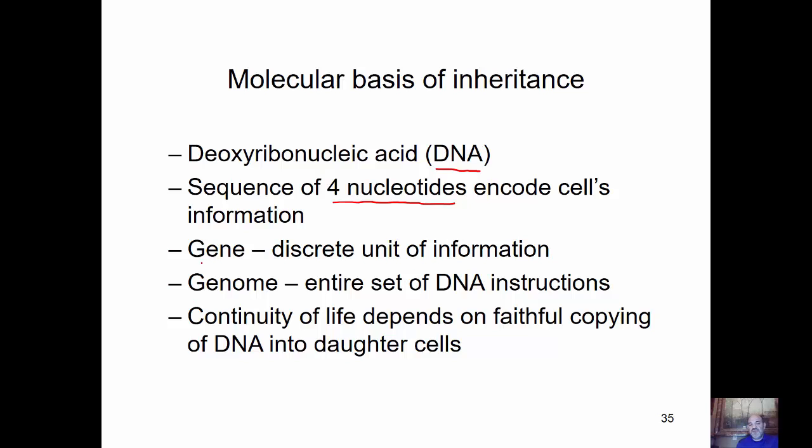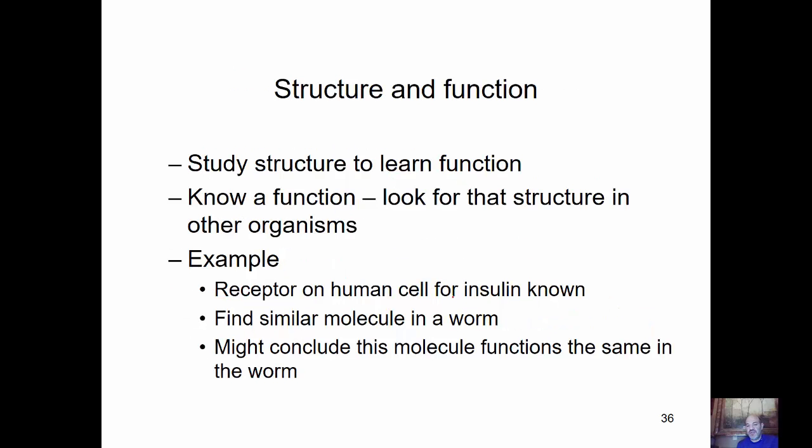And so this is a good time to define what a gene is. A gene is going to be a discrete unit of information. Sometimes, quite simply said, the gene codes for a protein. So, for example, there is a gene coding for hemoglobin. We'll look at that a bit more in later chapters. A genome, another important term to know, is an entire set of DNA instructions for an organism. So we might say, what is the human genome, or what is the frog genome?